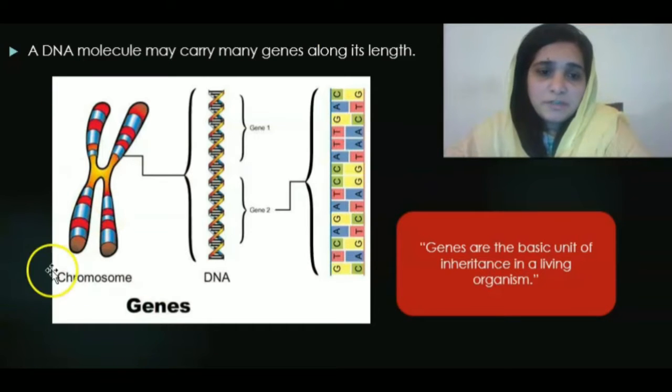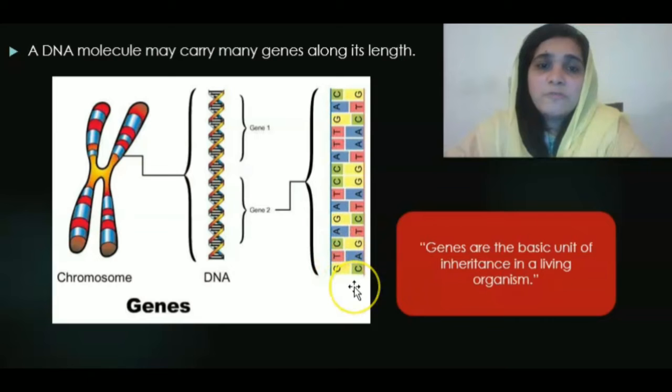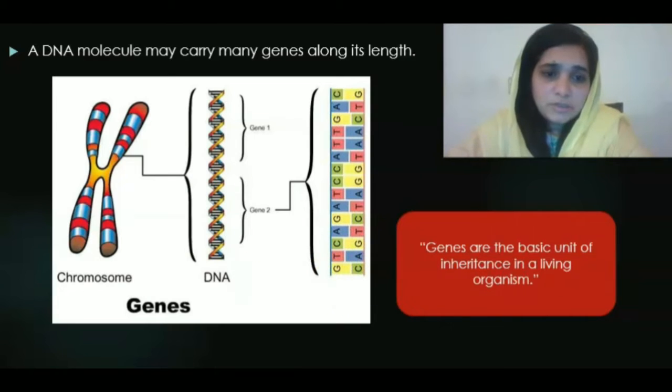So here is a diagram that shows the structure of a chromosome. We know that a chromosome is made up of DNA and DNA is a double helical structure. DNA is basically made up of polynucleotides. So multiple genes can be present on the structure of the DNA. Here in gene 2, you can see it contains polynucleotide chains and different types of bases are present, for example guanine, thymine, cytosine, adenine. They complement each other. They are arranged in the form of base pairs with the help of hydrogen bonds.